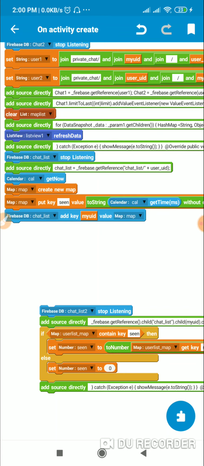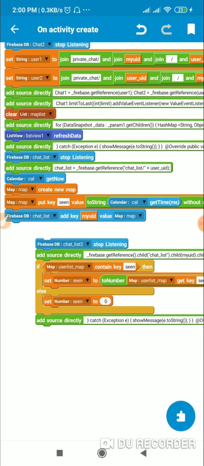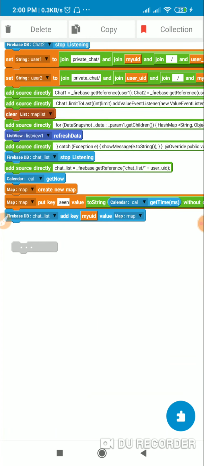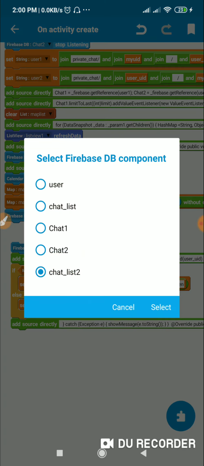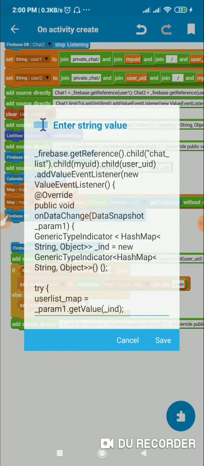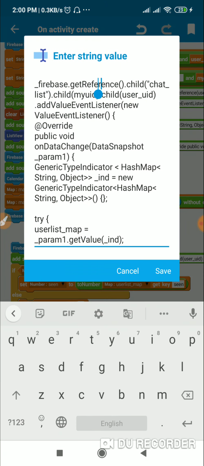Okay, and then there is this code which is for getting the last seen time of the second user. For that I set chat list to stop listening, then I make a reference to chat_list.child(my UID), which is the UID of the current user, .child(user_UID), which is the UID of the second user, and then I get the data in the onDataChange method.